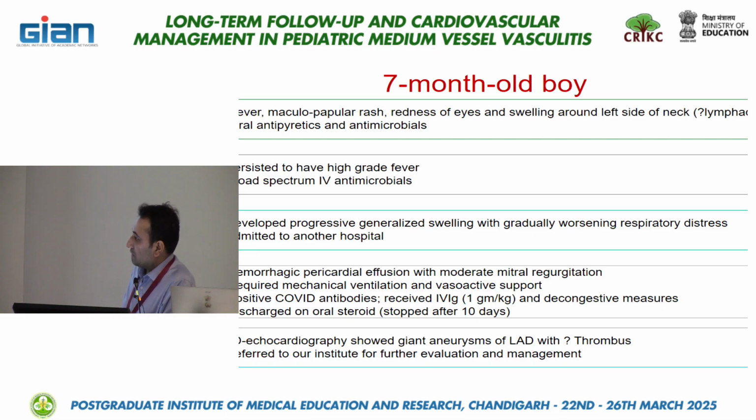He developed hemorrhagic pericardial effusion and required mechanical ventilation. At that time MIS-C was also a possibility, so COVID antibodies were done. But then echocardiography was done at 10 weeks. At that time there were giant aneurysms and query thrombus. When we did echocardiography, there were giant aneurysms and thrombus, and these were the giant aneurysms